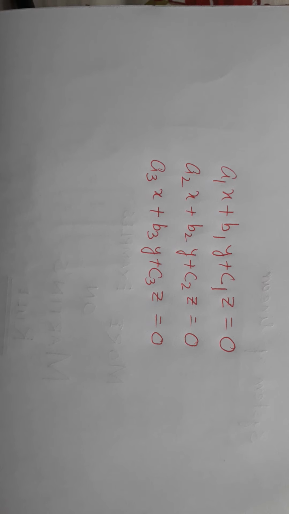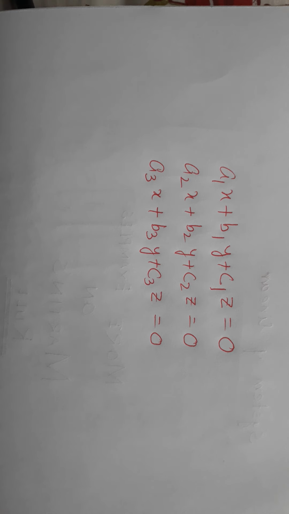Now what can we say about this kind of linear equations? It is called homogeneous linear equations. The constant part of these equations is all 0. So in that case, if we put x equals 0, y equals 0 and z equals 0, we can see that these values satisfy all the equations. So therefore x equals 0, y equals 0, z equals 0 will be a solution. Definitely it will be a solution.